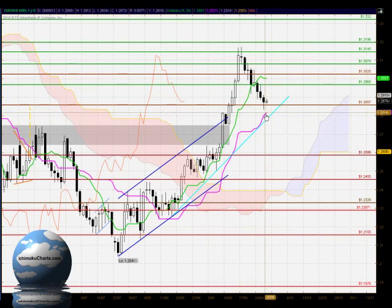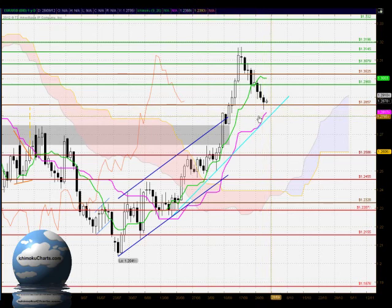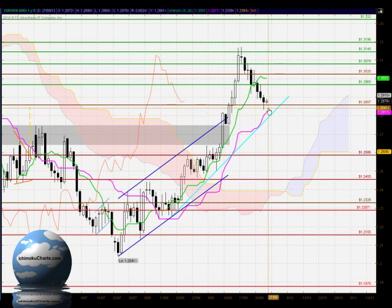Now there is a possibility that the market will interact with the Kijun-sen over the next day or two if we do trade down below 128.57 again, and we should look to that to be a very strong area of support, and that also coincides roughly with this zone where the higher time frame, or the faster trend line, is operating. So that will be very, very strong support down around the 128.57 area and just below, extending down to about the